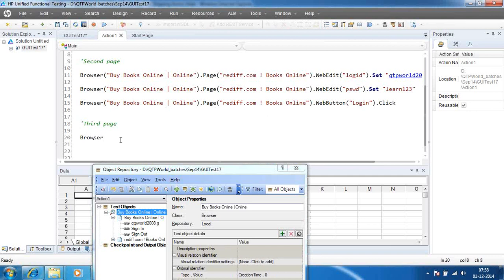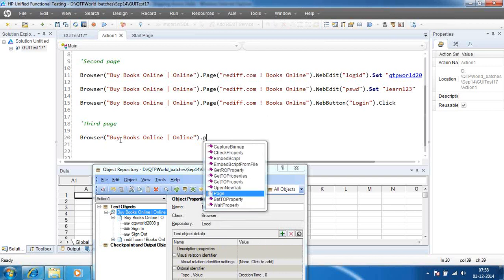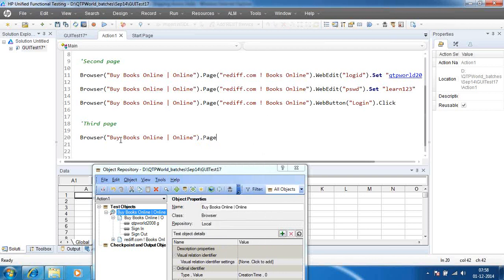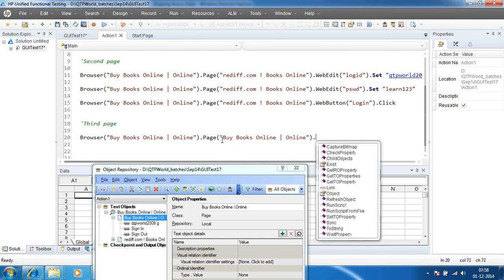It is browser, open braces, then dot, page, open braces, which is the one which I need to take? Which page I need to take it? It is this page, Buy Books Online. Okay, so open the braces, Buy Books Online, then dot, what object is this?